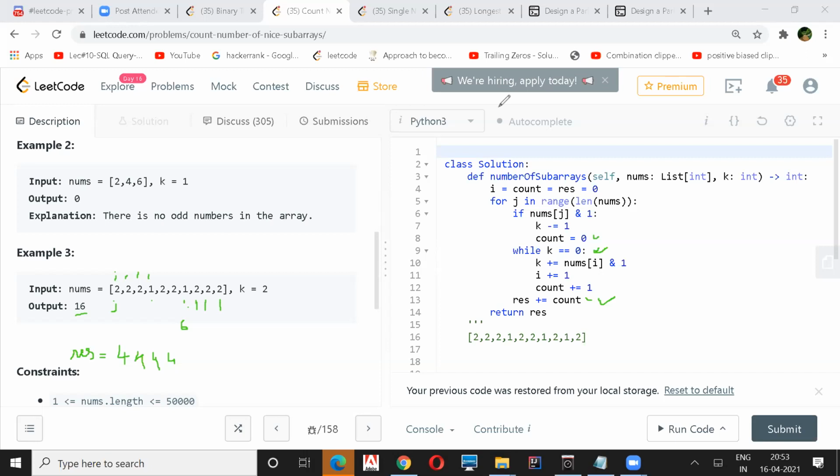So whenever, see, why am I going to add my count? I'll add my count only when my K is 0, right? But in all these three cases, when I'm adding my count, my K is not at all 0. K is 1, right? I have moved one of these odds out of my window, isn't it? And still, that's my valid array. Yeah, it is valid, exactly.